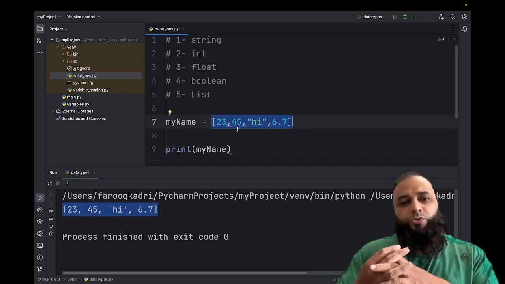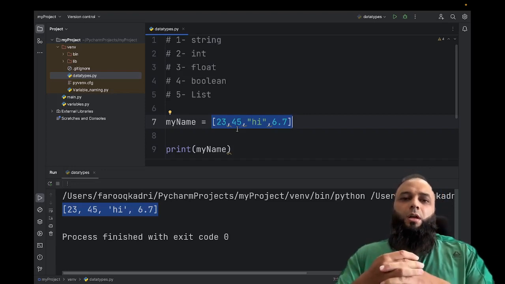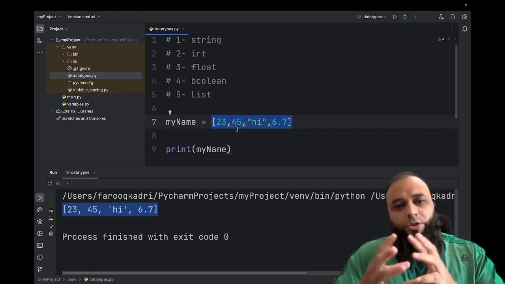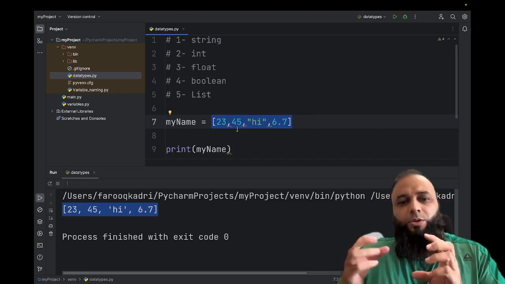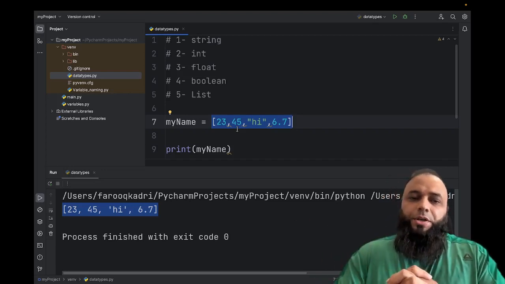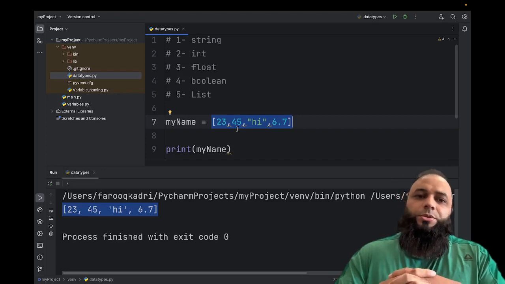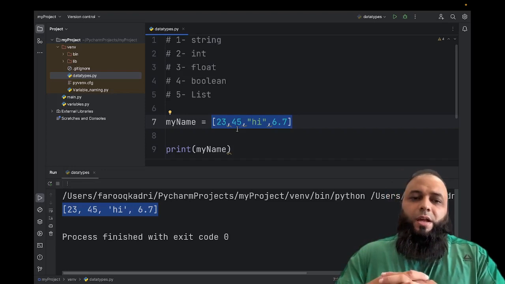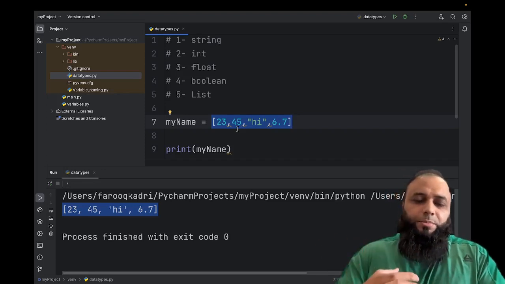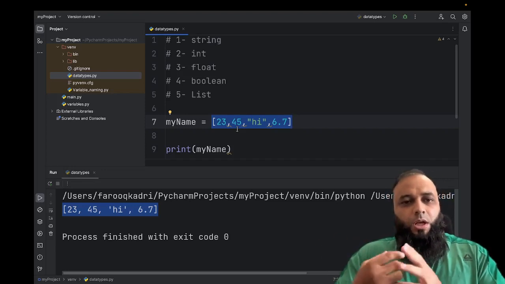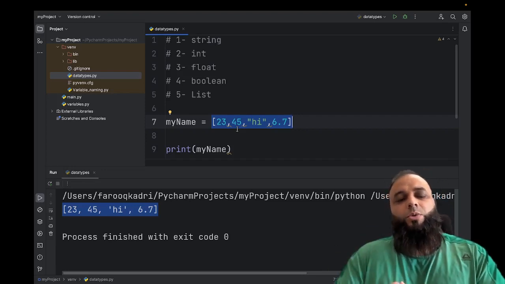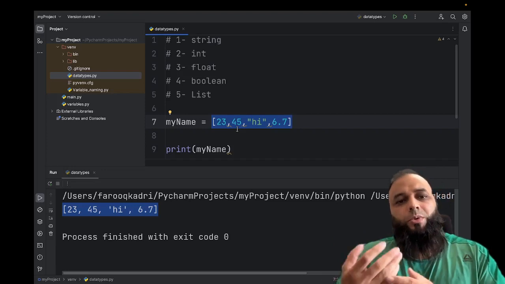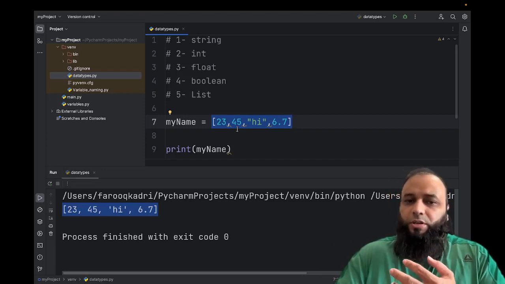This is very useful when we start programming and write some advanced code. List becomes very useful because you can go through the data and you can store multiple data within it. But for now, you just need to know these different data types. Apart from this, there are more, like set, tuple, and other stuff, but we won't get into that for now. Just knowing these is good enough to start with. And then, as we go ahead in the videos, we will keep introducing and learning about other data types in detail,